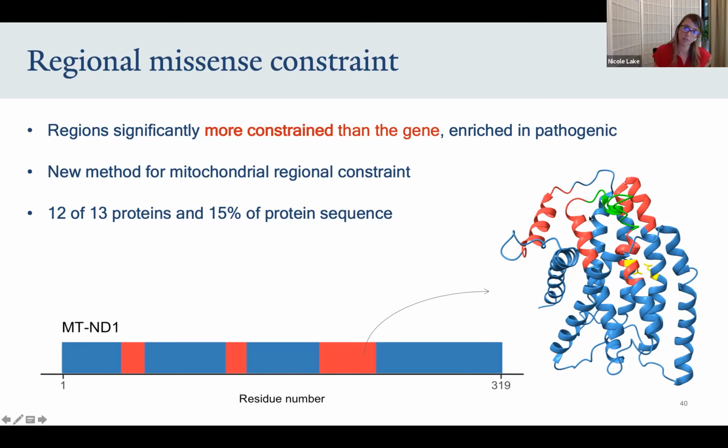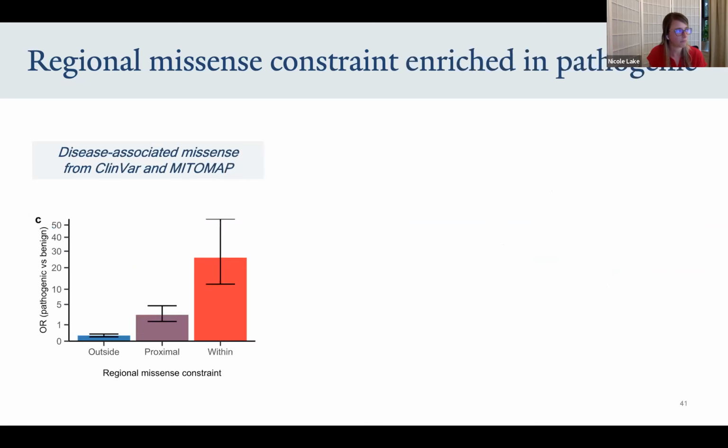And in fact, when we dug through the literature, we found that for this specific gene example, ND1, this is clustering within a binding pocket for quinone, which is a cofactor for the enzyme that this protein belongs to. So it would have an essential role in function. And so we think this data can also be helpful for illuminating which areas are most important for function, which we think will have utility given the lack of annotated functional domains.